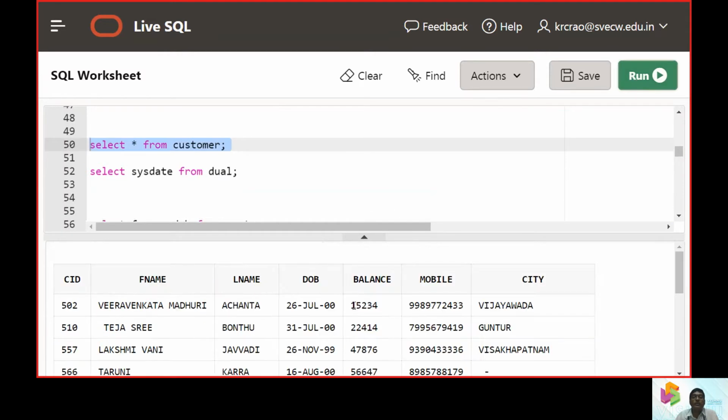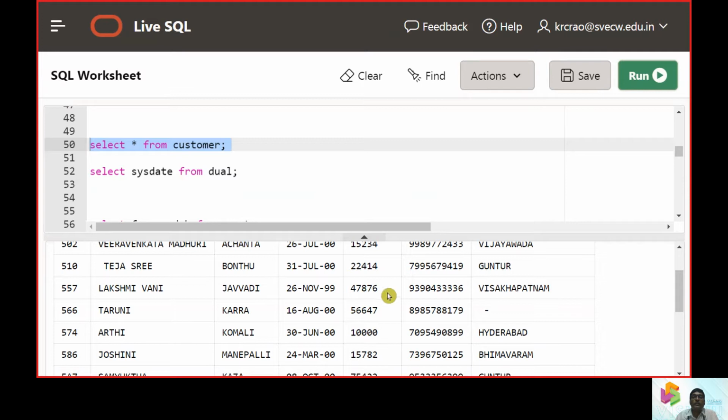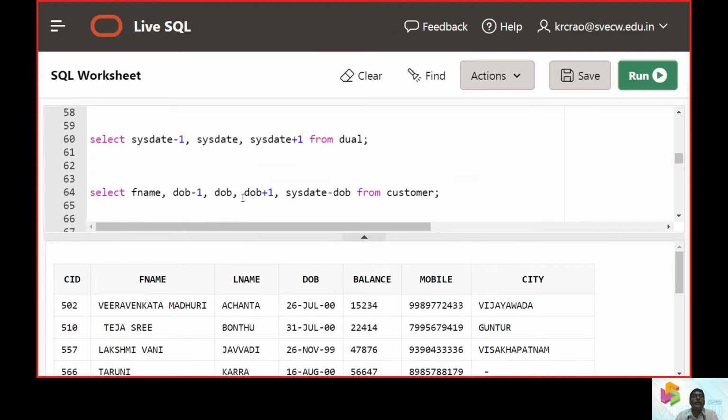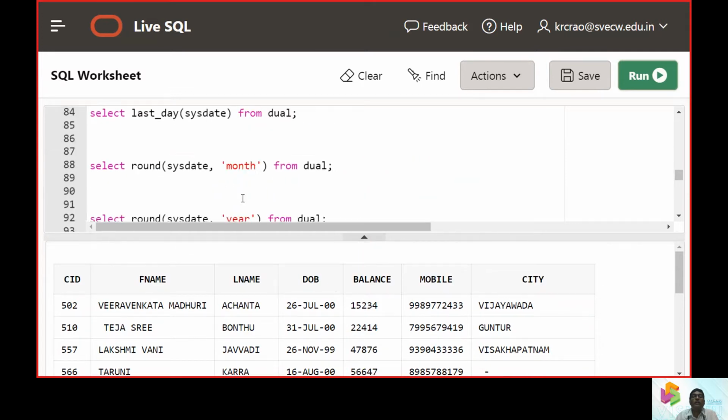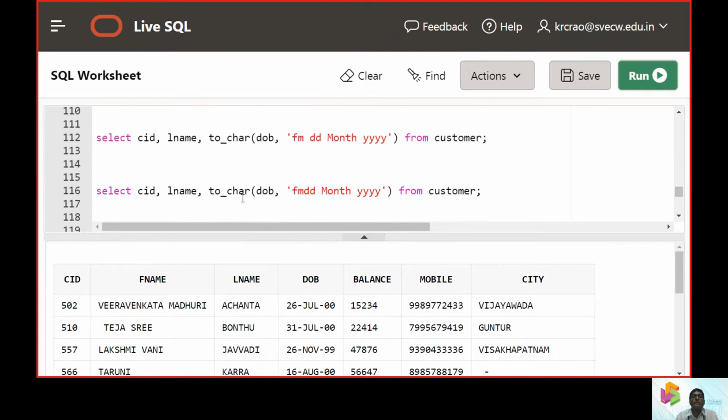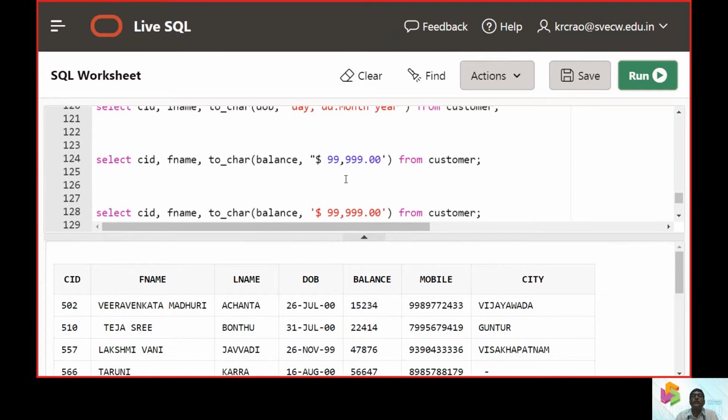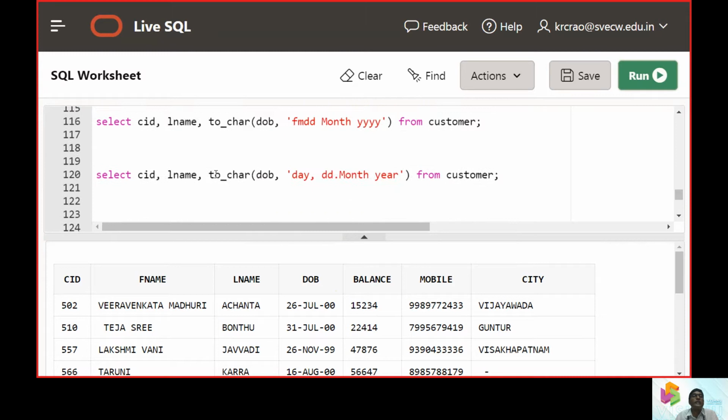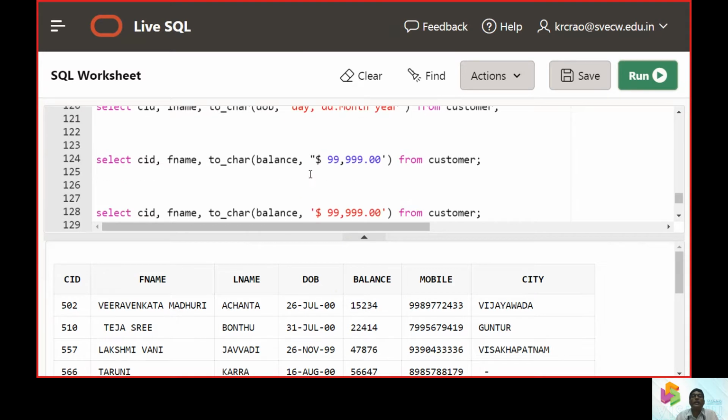When we work with the customer table, the balance was 15,234, 22,14, 414, 47869. So if I need special values like putting a dollar symbol or putting a comma in this, and if I need some format, again I can put the same toChar function, and thereby I can apply it in the format we are going to expect.